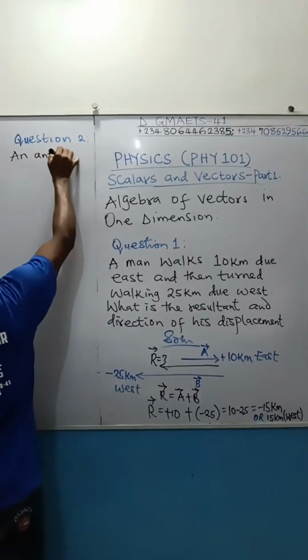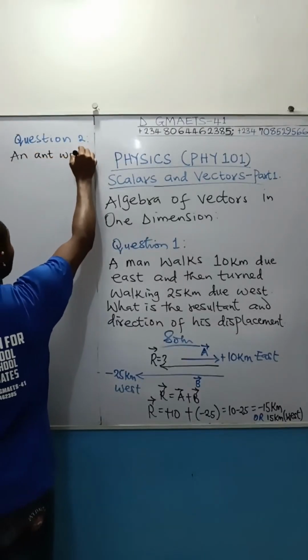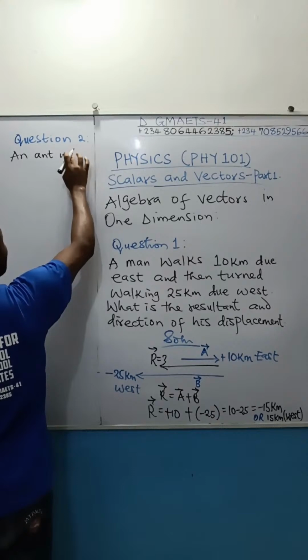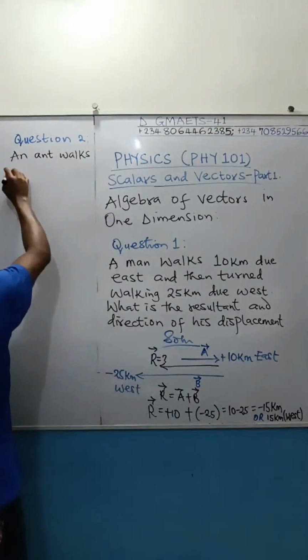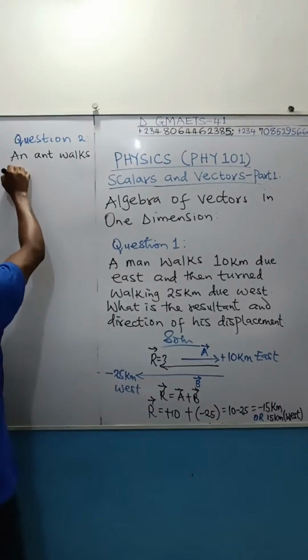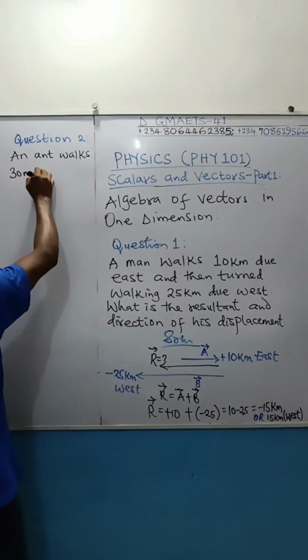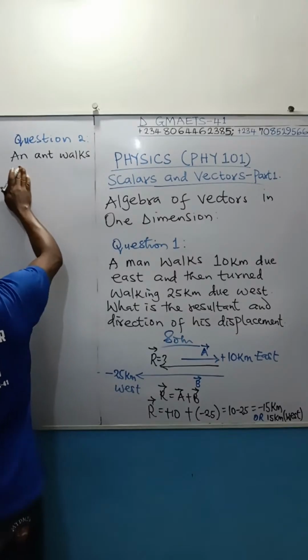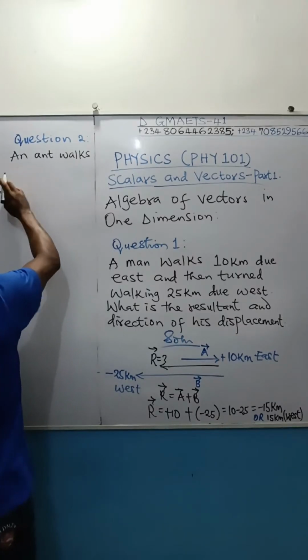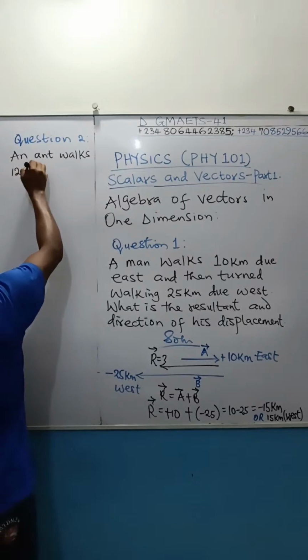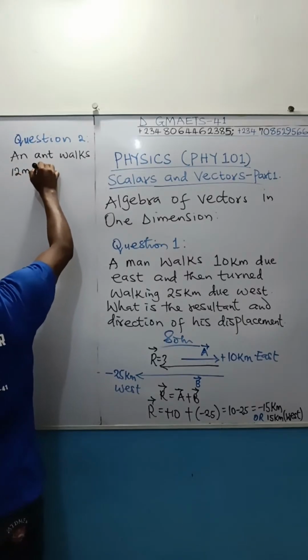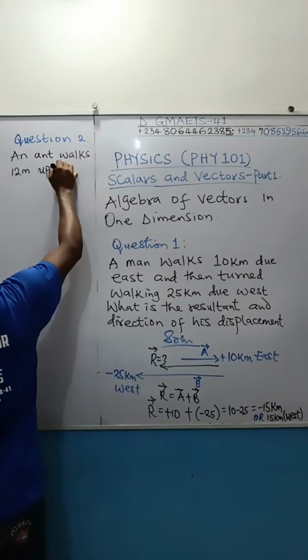An ant walks 30 meter. Let me just reduce the value. An ant walks, let's say, 12 meters up a tree,